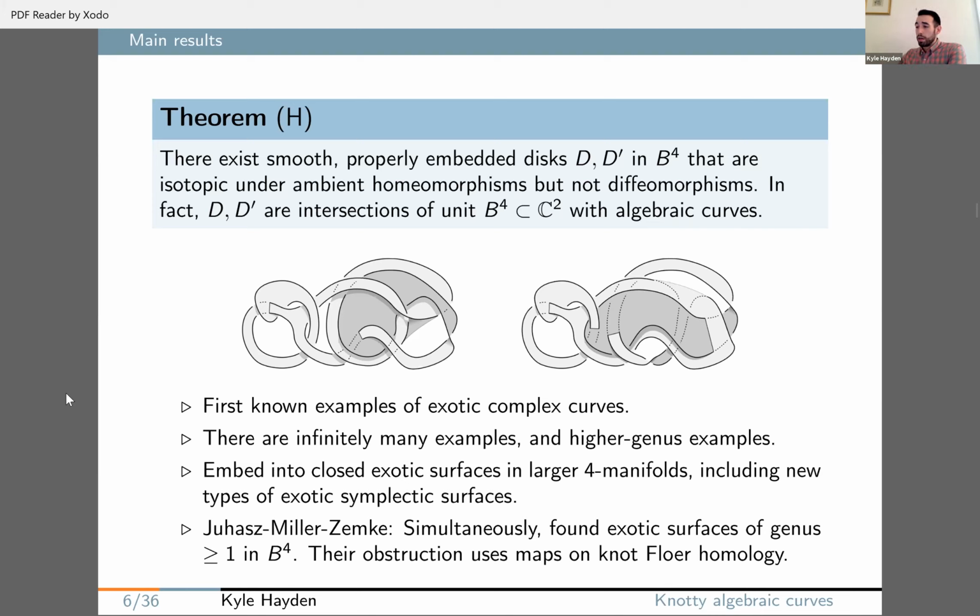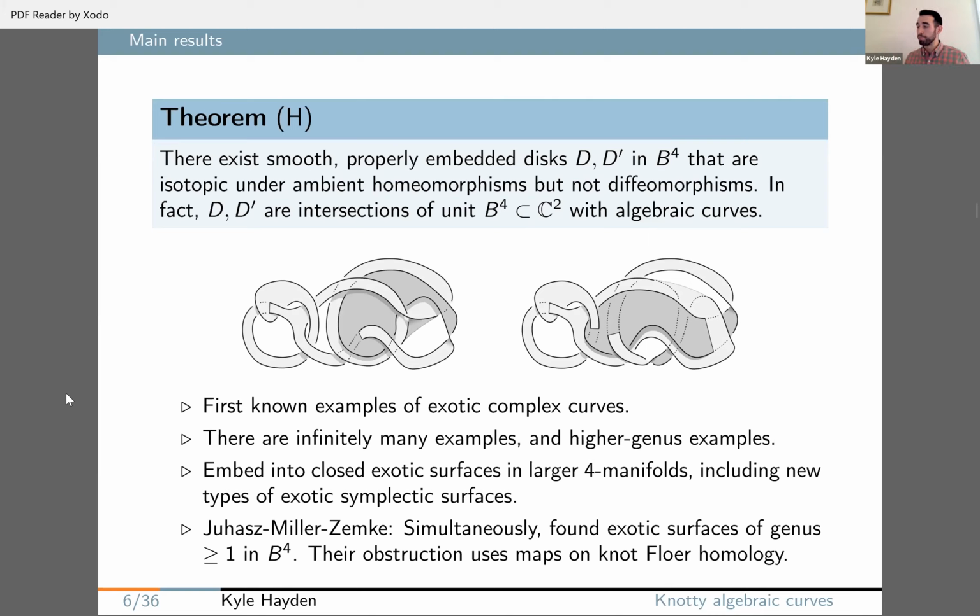Okay. So any other questions before I talk about the ideas that go into the proof? Okay. Okay, so let's see what I have on the next slide. Yeah, okay. So